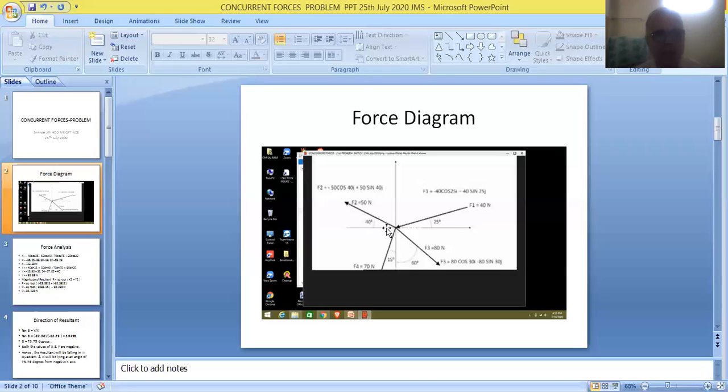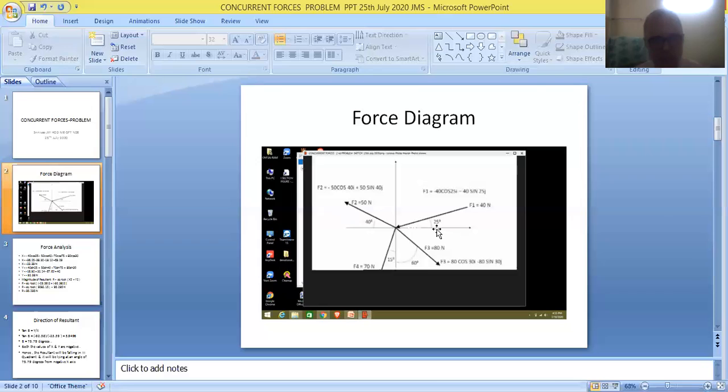And similarly, the second resultant is acting in this direction. So the vertical component has to be shown in the upward direction, and the horizontal component again has to be shown in the reverse direction. And thirdly, this third force is acting in this direction. So therefore, the horizontal component has to be shown in the forward direction.